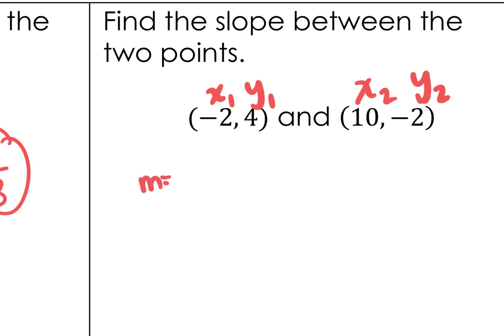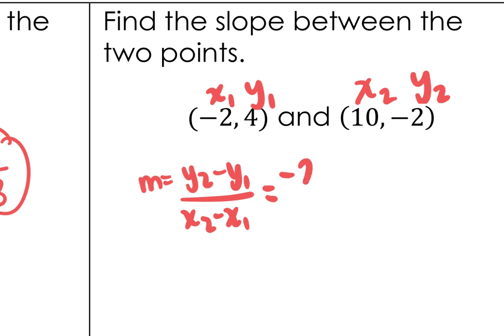Our formula for slope, I'm going to write it every time: y2 minus y1 divided by x2 minus x1. So my y2 is -2. So I'm going to do -2 minus y1, which is 4, divided by